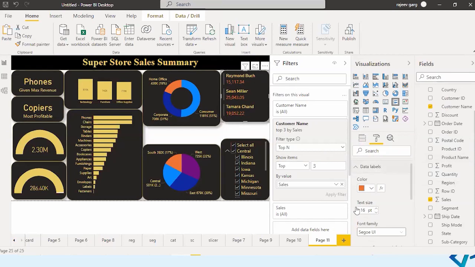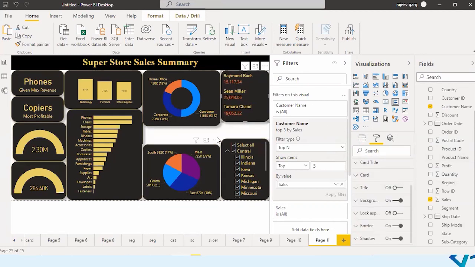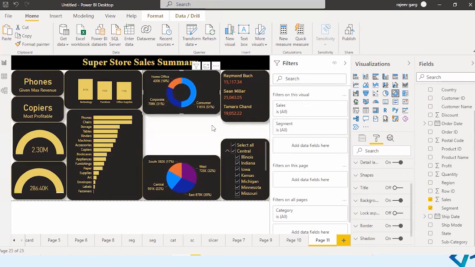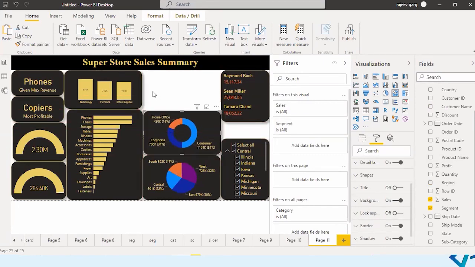Okay. In the card, I don't want to show the bar over here. That's it. I think this is what I want. Let me increase the size a bit. Let me see if it can also be reduced. Let's put it over here.